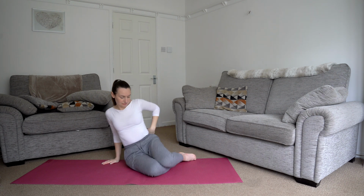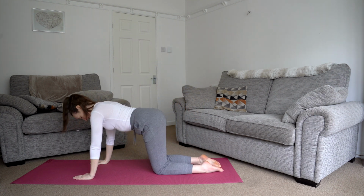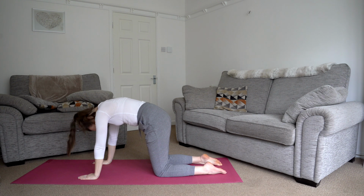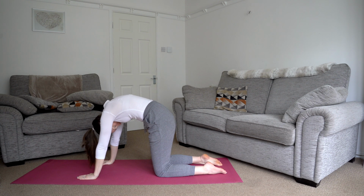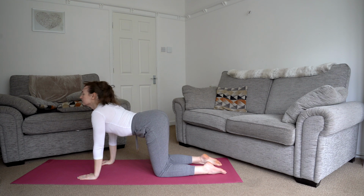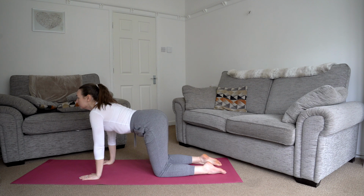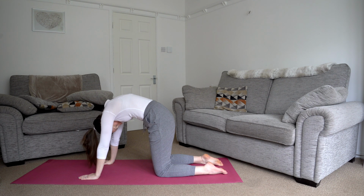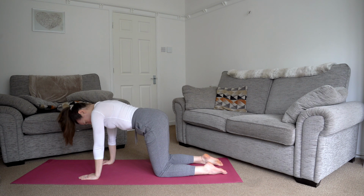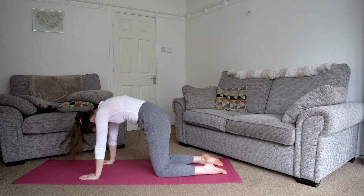Okay, now we're going to go into tabletop position. Then exhale, push your back up towards the ceiling, rounded like a cat. And as you inhale, you're going to push your belly down to the ground, and your chest is going to shine forwards towards the wall in front of you. Exhale, round up. Inhale, round down. Exhale, round up